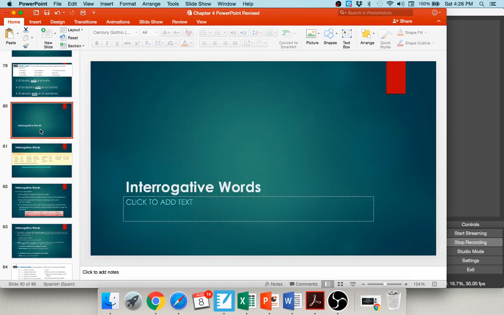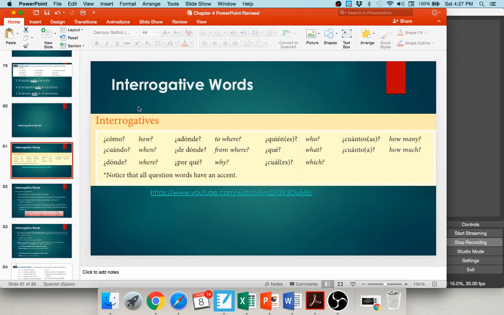Okay, and our final topic today relates to interrogative words, or what we refer to as question words in Spanish. And you can see several of them listed here.